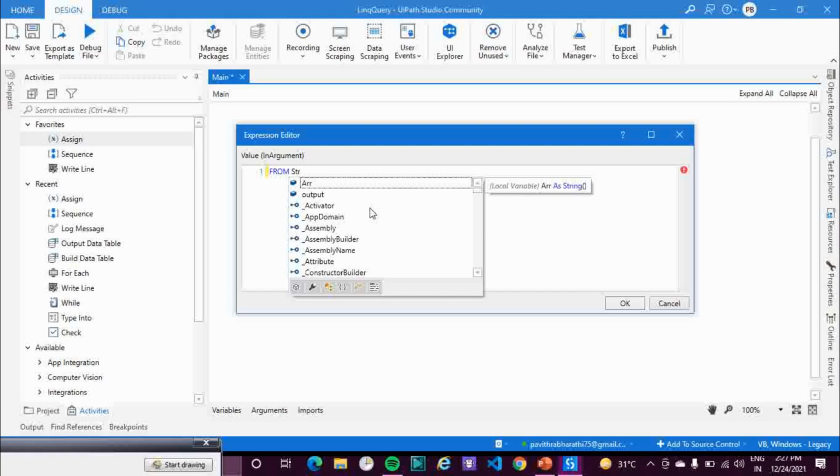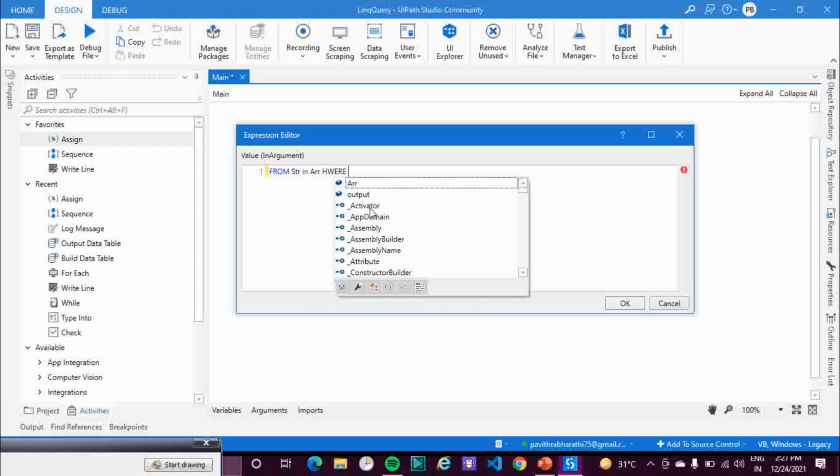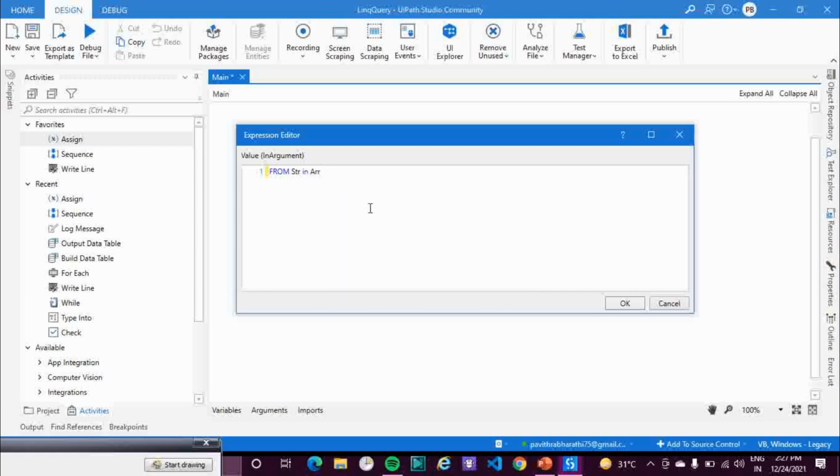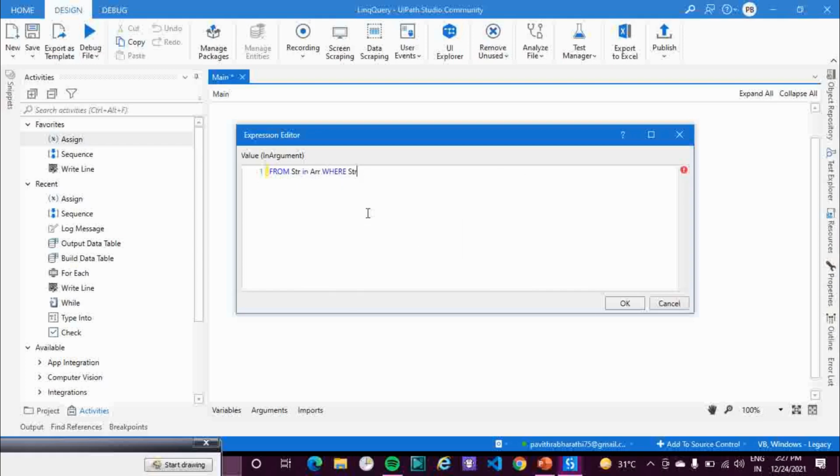From str in arr, where str.Equals, in the bracket, let's say Ram.